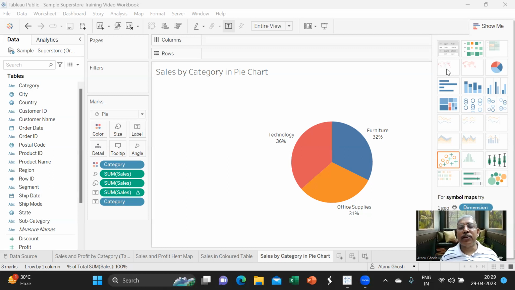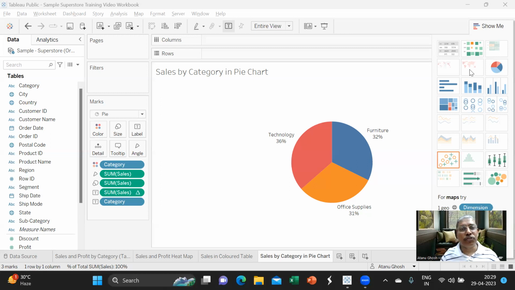There are two standard geolocation maps that are available in Tableau where I'm pointing. One is called a field map, where the area of a geolocation is depicted by the boundaries and the color depicts any measure. Obviously, in such kind of charts, you can depict only one measure.